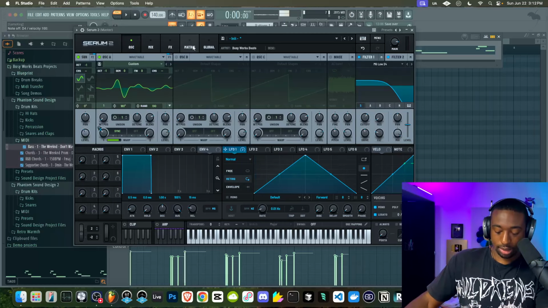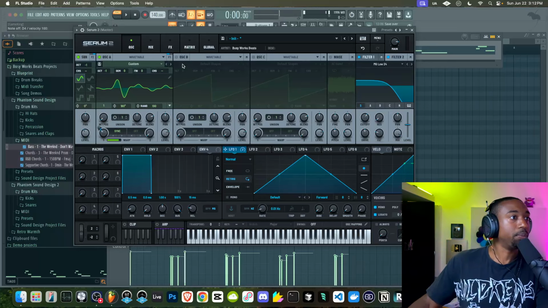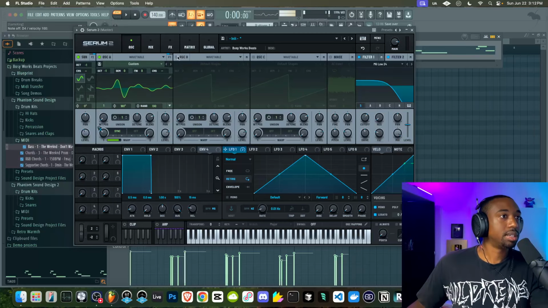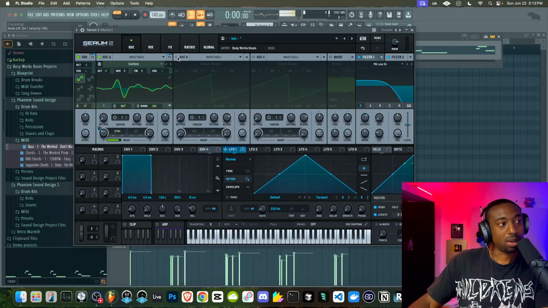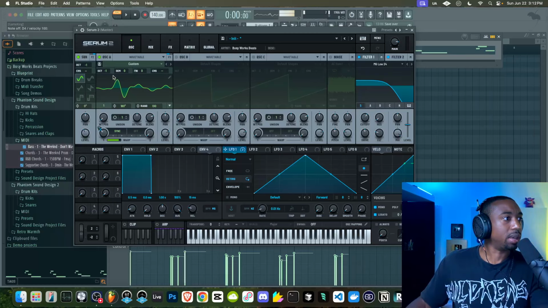All right, so the next thing here is, let's say you want to add unison. The old way of creating, let me just do it the old way, just so you guys understand what unison actually is. Unison is when you have multiple voices playing the same waveform, detuned by a little bit. I'm not sure if we can copy and paste waves. I don't know if that's possible. I'm sure you could save it. I don't feel like doing all that.